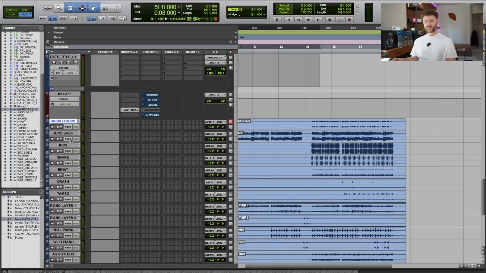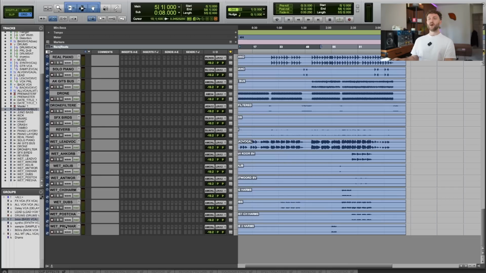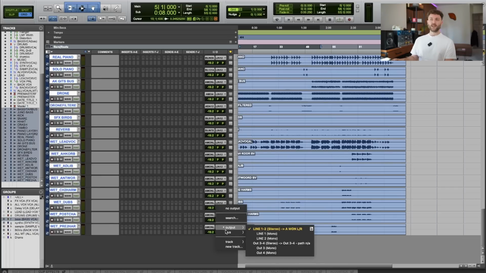Okay, I've imported the files of a track that I've recently mixed called Oid by L. Hollis, and we're going to be using that to show you all the routing options you get in the template, and also to give you some sound examples of certain effects chains and processing chains I have set in this template. So the first thing I want to do is actually send all of these to my Premaster,